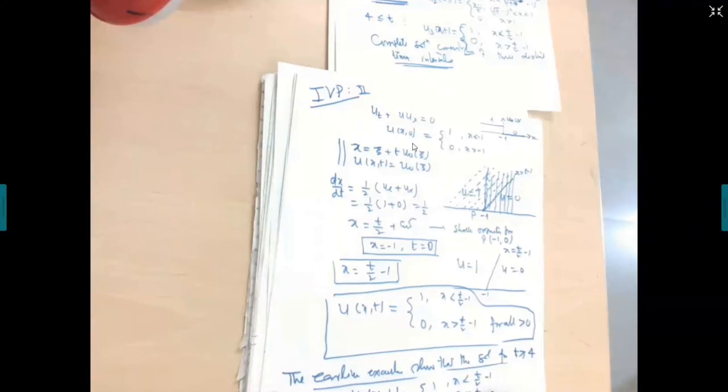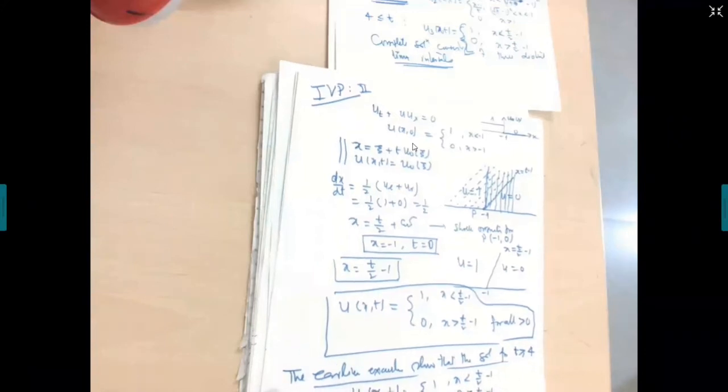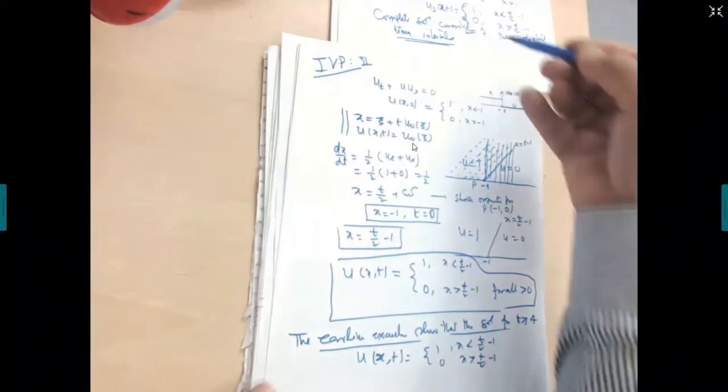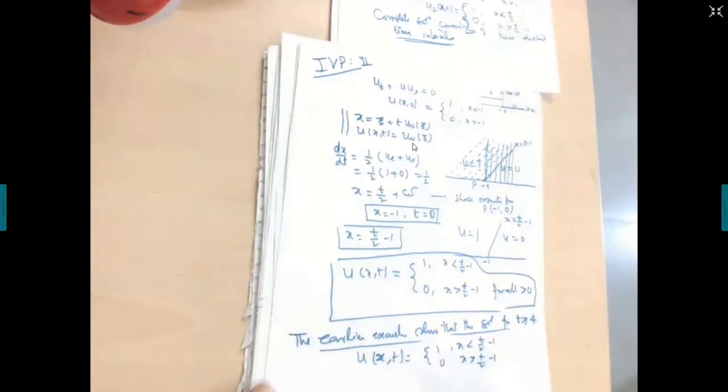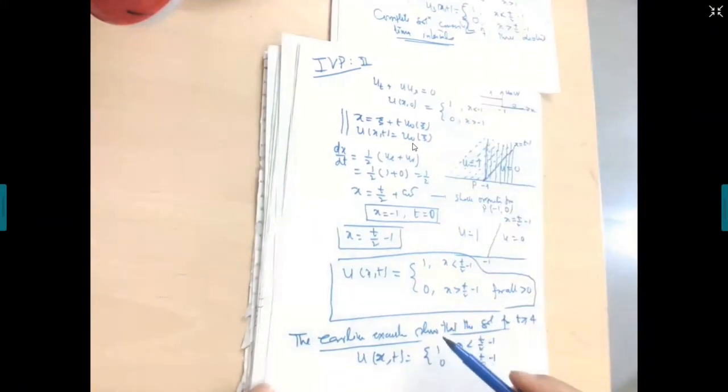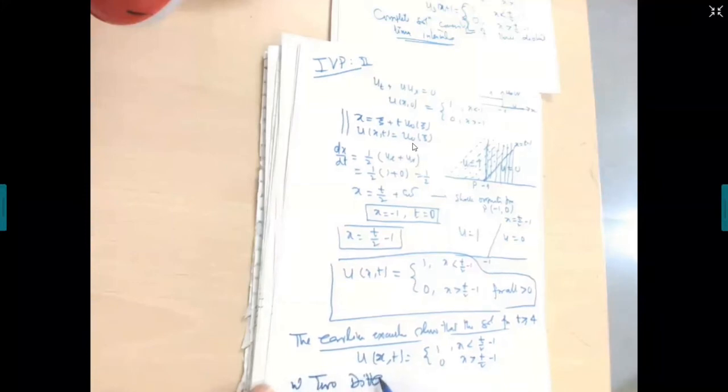So what do we conclude? A very important conclusion. Look here, 2 different initial value problems, they have the same solution. They exhibit the same state after this much time, t is equal to 4. That is, 2 different initial value problems have the same solution.